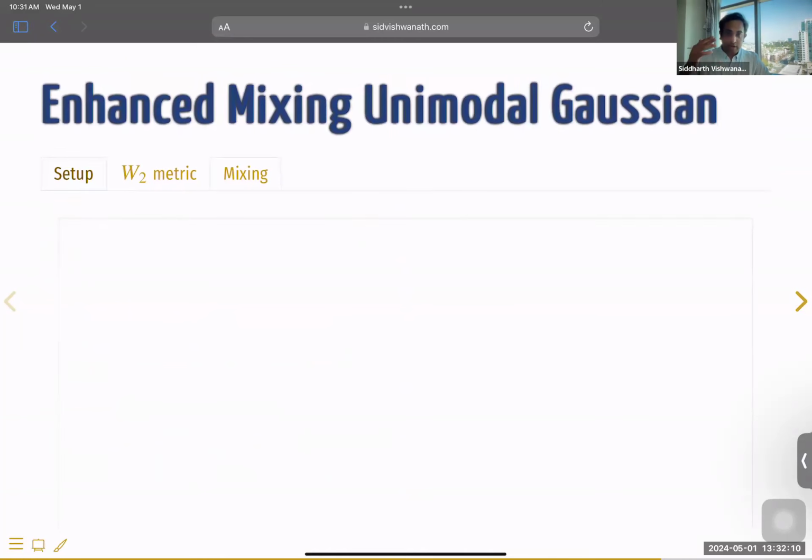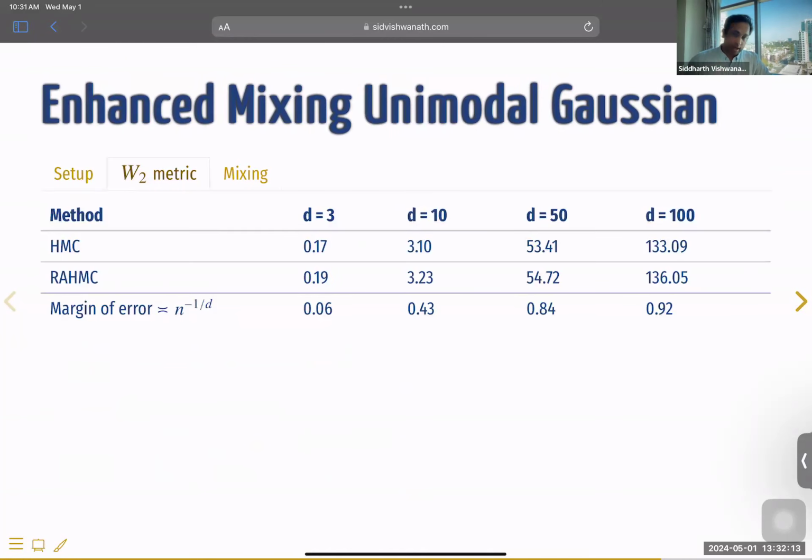But when we look at the ACF plots, it turns out that the mixing that's happening with the repelling-attracting dynamics is significantly better across all of these dimensions for the repelling-attracting HMC as opposed to HMC. We found this to be pretty intriguing, and we don't have any theoretical justifications for why this might be happening,